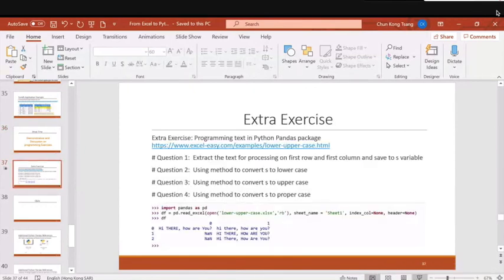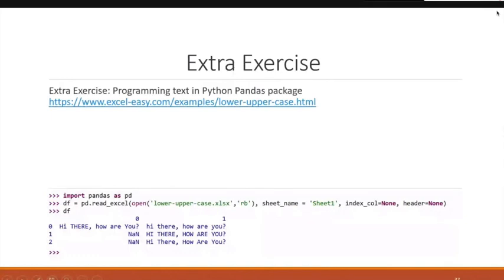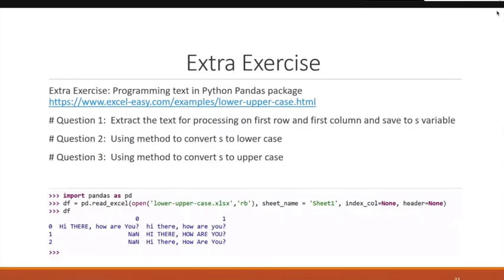Yeah, and for an extra exercise, you may try to see programming tests in pandas. This is a string in Python. Then you can try to change it to lowercase, to uppercase. Okay. This is an extra exercise for you, and yeah,